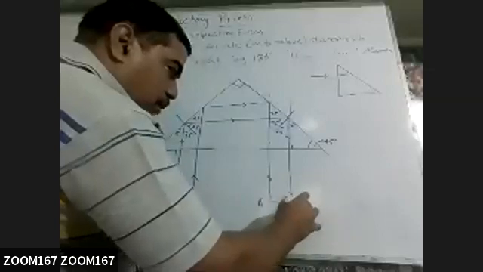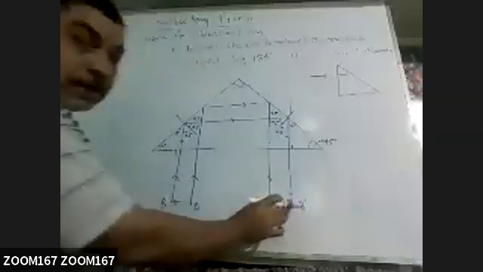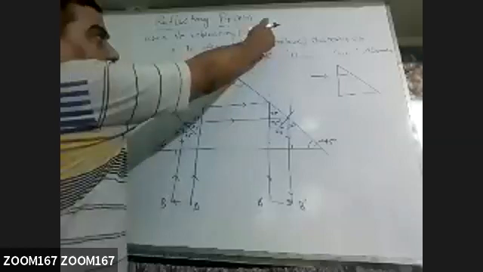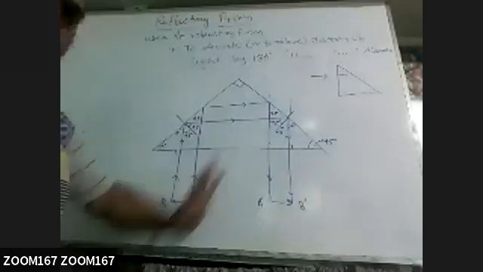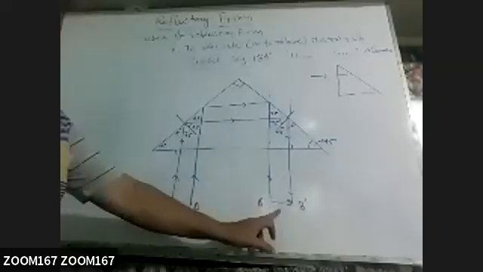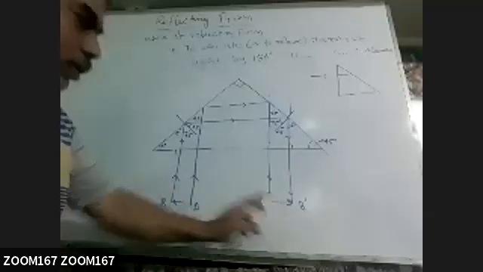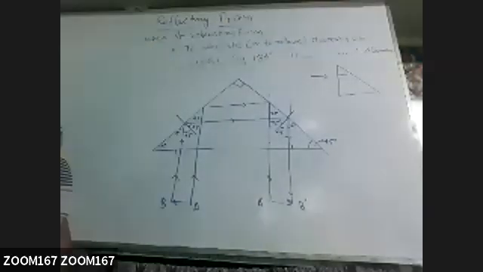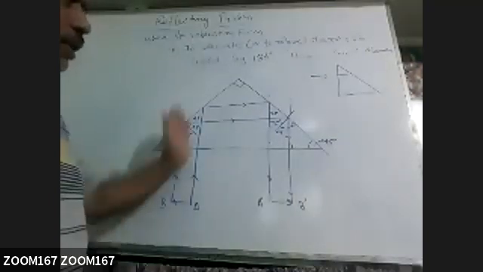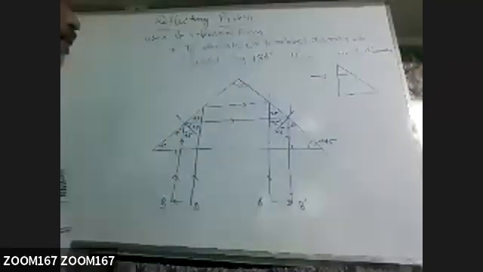We are showing it here, but it is not actually here. Actually, it will appear somewhere above. So in order to avoid that space, we have drawn it here, but actually the position of the image is not here. The position of the image is this much distance plus this much distance behind this surface. So this is 180 degree rotation.